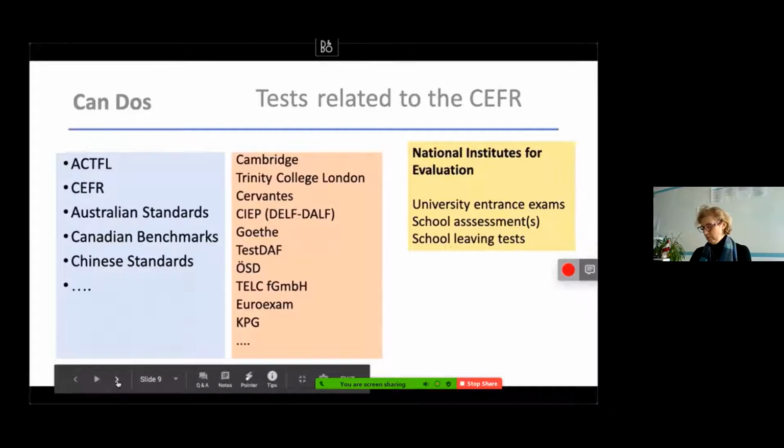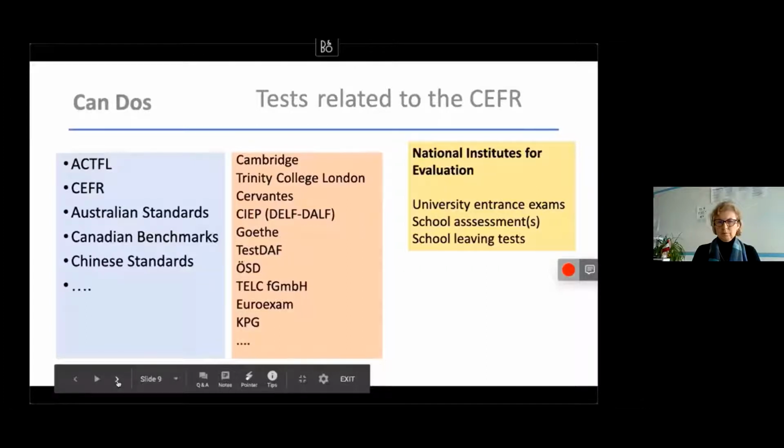And the same has happened with national institutes of evaluation, which have been guided by the CFR in the development of university entrance exams, on school assessments, school leaving examinations, and also universities all across Europe who have been grouped in clusters. They are also referring to the Common European Framework. By the way, any reference in Europe to the Common European Framework is also linked to the Canadian benchmarks and to the ACTFL standards, because there's been a variety of